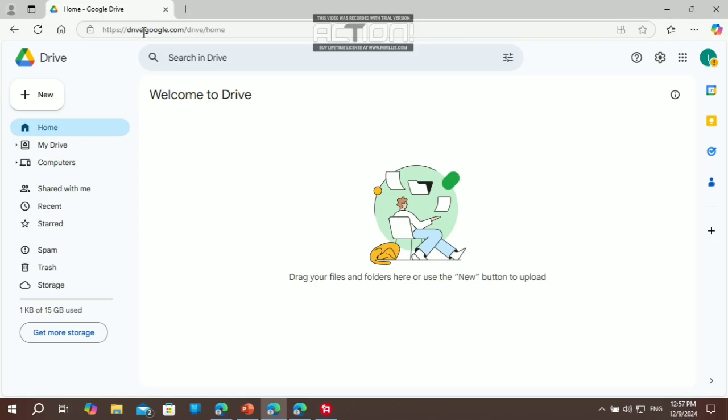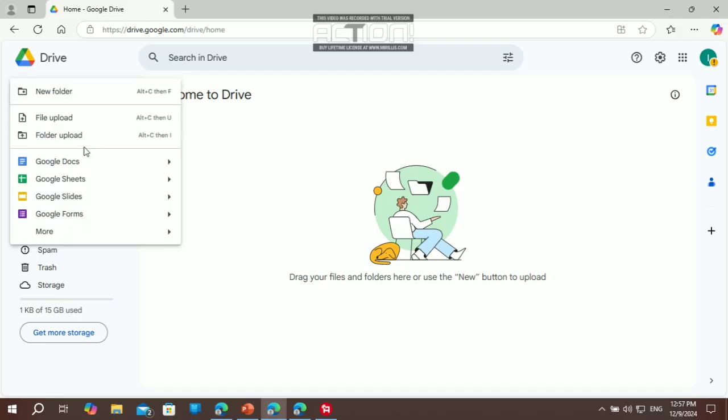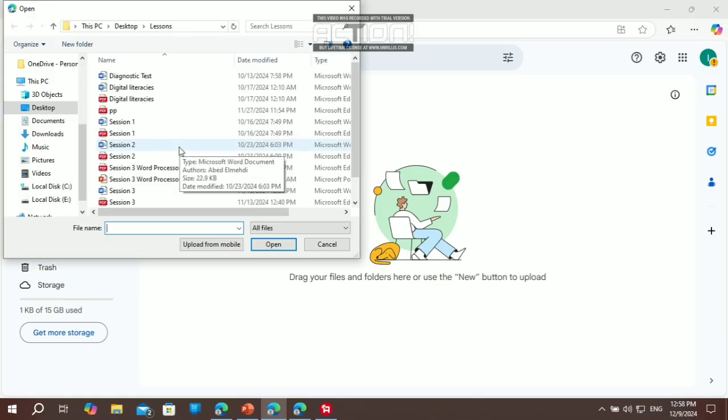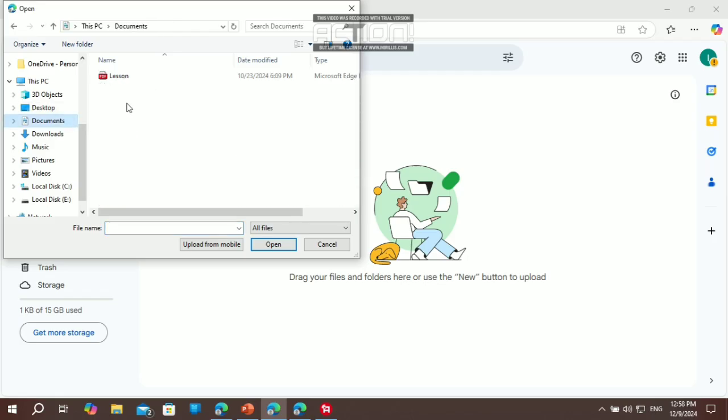So this is the interface of Drive. If you want to upload a new file, you need to go here to the new plus sign, okay. Once you click here, you have options. Go to file upload, and now you're required to choose which file you want to save. Now go to pick your file. I will pick this one,